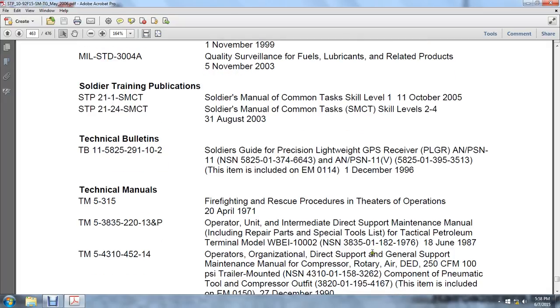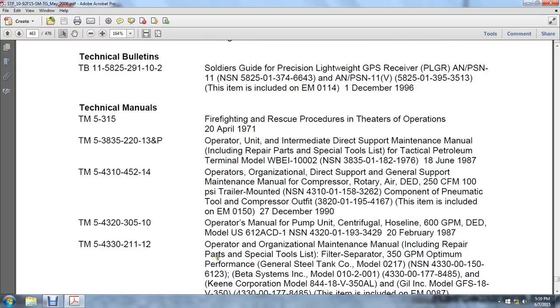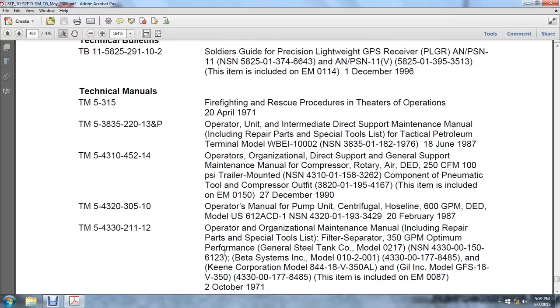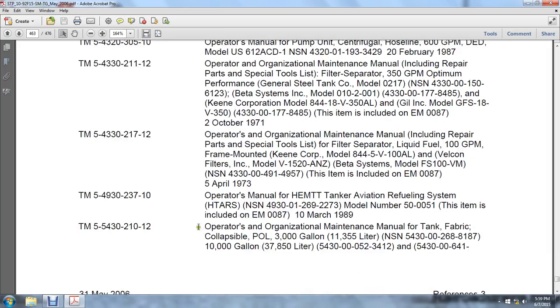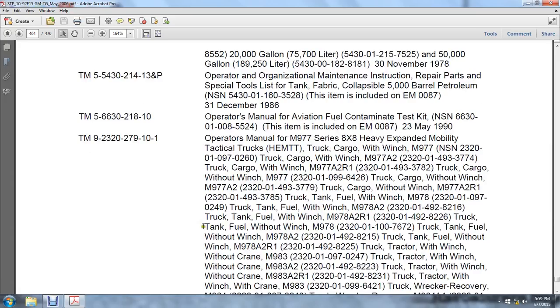Operator organization, direct support, general maintenance of the compressor, rotary air trailer, mounted component, pneumatic compressor outfit, operator's manual pump, inter-unit central figural pump line, operator organizational pumps, a whole bunch of operator wheels, aviation,